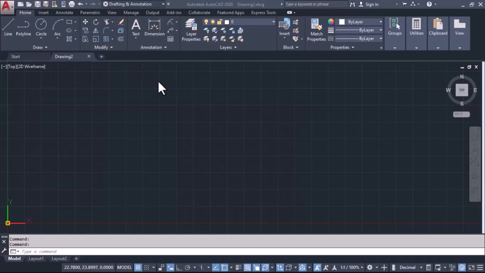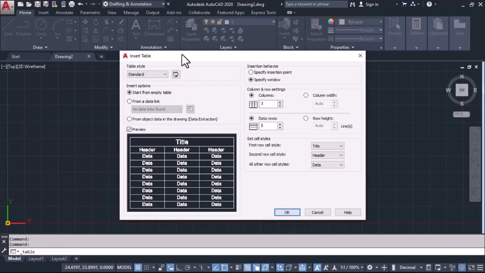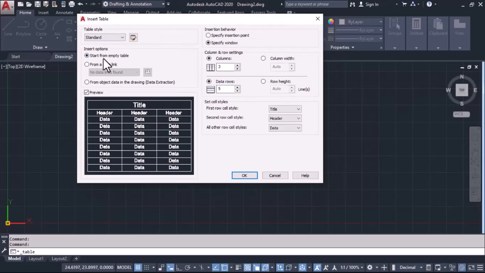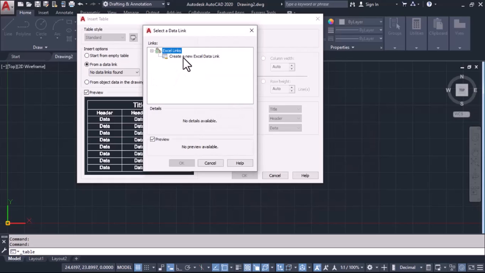So let's see here how we can add a data link. We'll click on the table command, or we can type the shortcut TB and press enter. Now we have to go to the option from the empty table. This is one option, and the second option is from a data link. So right now we'll choose from a data link and click on this option, and we'll create a new